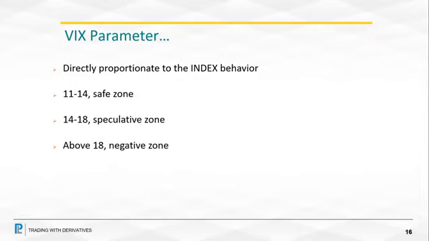And if anybody is already active in options, they must have seen that option premiums are so expensive, whether on the put side or the call side. It's all because of VIX. So this is how VIX plays in. As long as VIX is above the normal range, we'll always have high premiums, and this fear and uncertainty in the market will continue. We are still at 40 levels, so we are nowhere near the general range of VIX that we have been following for years, between 11 to 18. That is one thing we need to understand in coming sessions, where VIX is playing. Of course, we have also come down from 80 to 40.